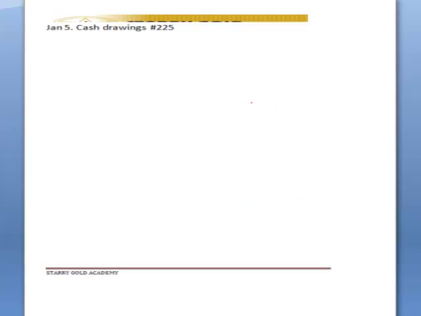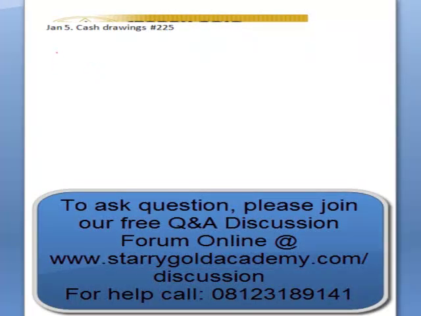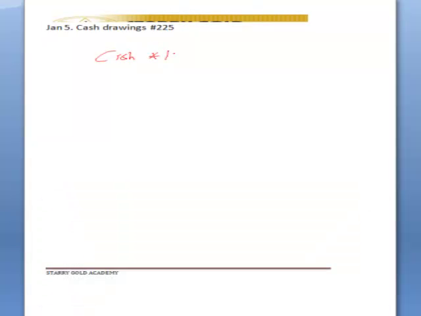So the next we need to look at is cash drawings 225. What are the two accounts involved? There is cash account and there is drawings. It means the owner has withdrawn part of the capital he introduced. So what will be the effect? But